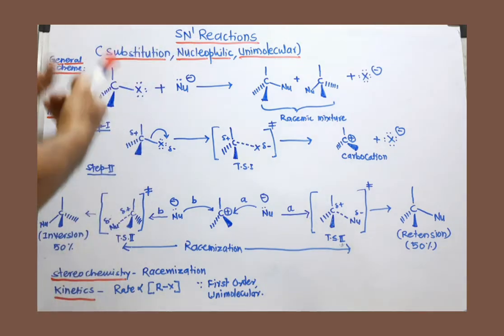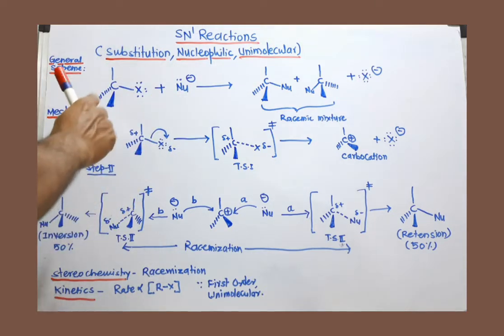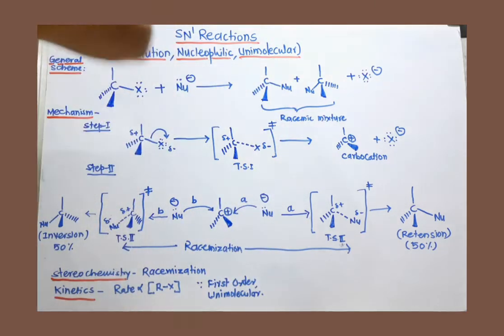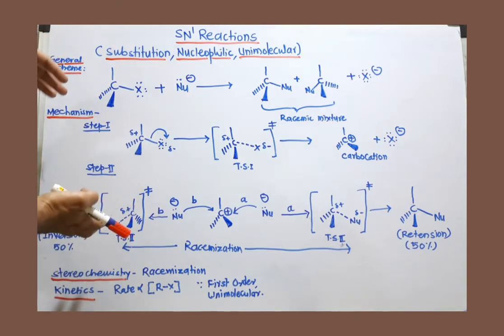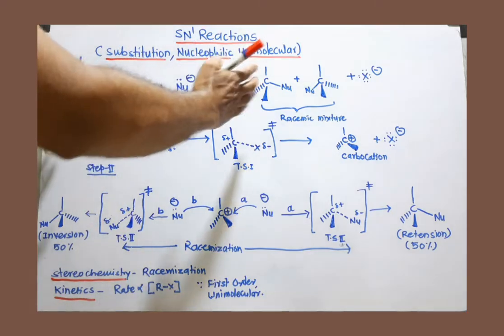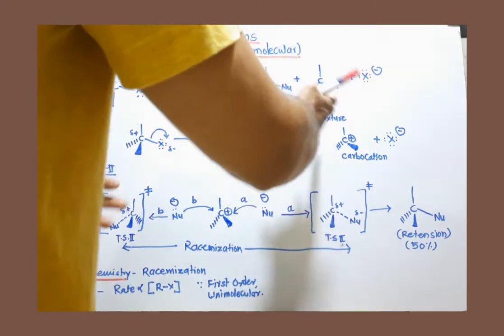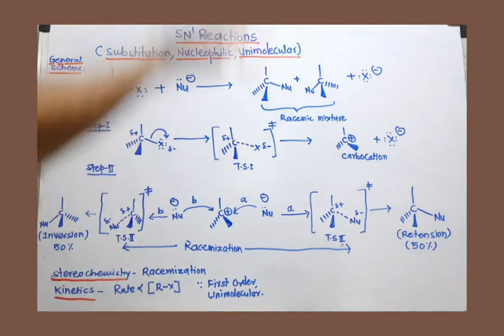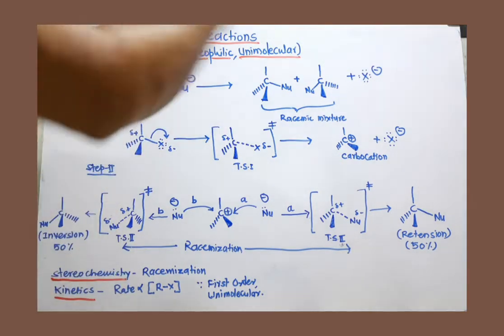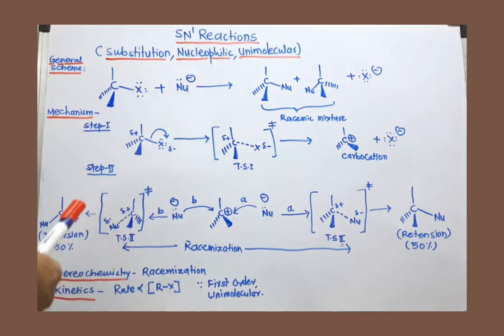Now, if you see at the beginning, you can say that the reaction is very similar to the SN2 reaction. It is different in mechanism, different in path. The only thing is the stereochemistry is different. If the starting material is plus, you will get 50% plus and 50% minus. This is called a racemic mixture. And you know a racemic mixture is always optically inactive. But in case of SN2 reaction, there was 100% inversion in configuration. So the product was optically active.